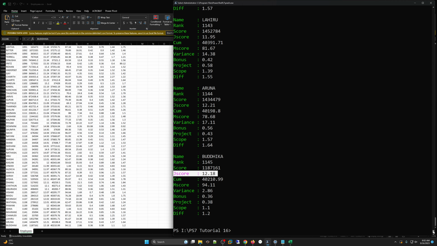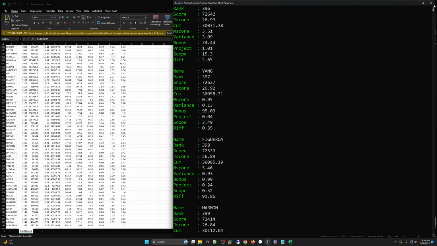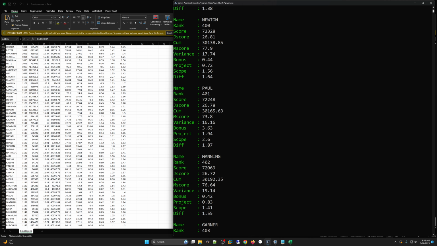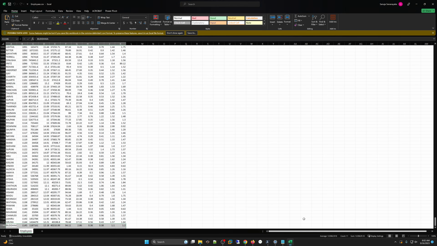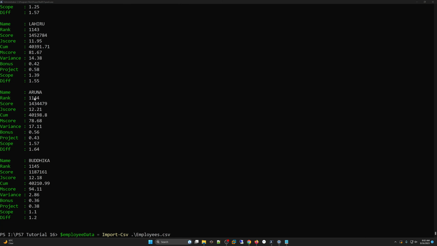So that means by using this import-csv and putting it into this variable, I have taken all this data from the .csv file and put it into that variable, so we can manipulate it in PowerShell now. So I'm going to close this. All of this data is columns. These are columns in the .csv file, and this is the data associated with them, and it is in the employee data variable,